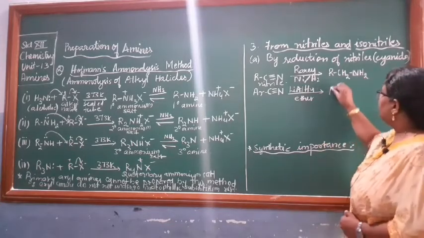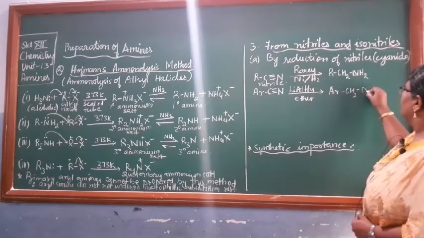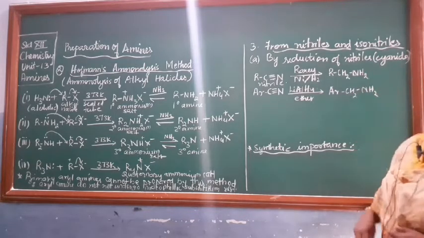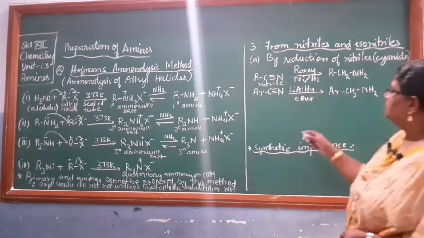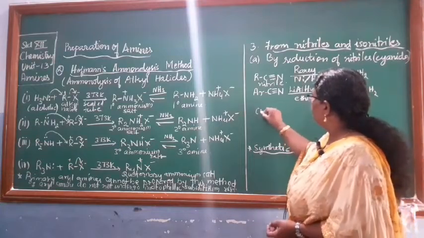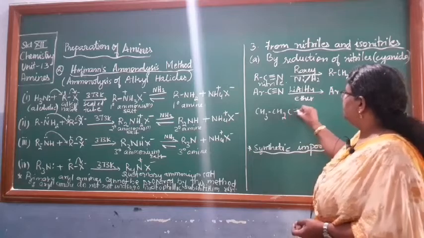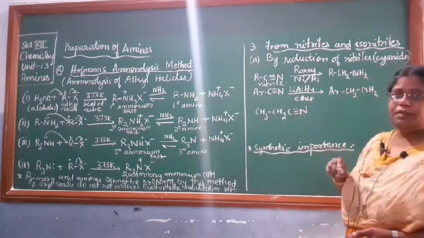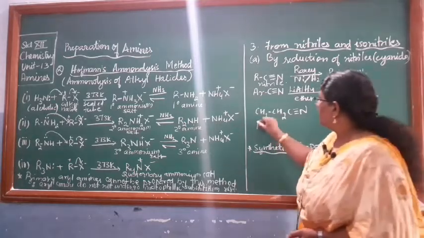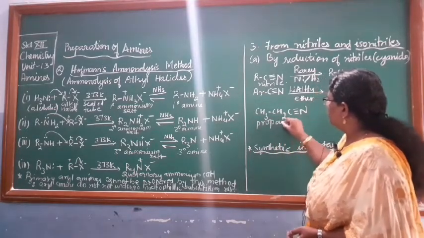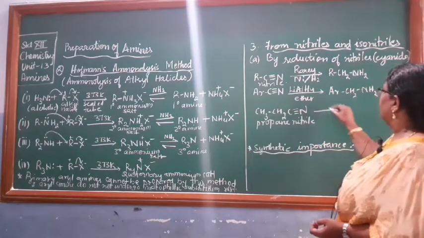Similarly, how are amines formed? RCH2NH2. If we take an example, CH3CH2C triple bond N. What will be the name? There are three carbons, so it is propane nitrile. In presence of